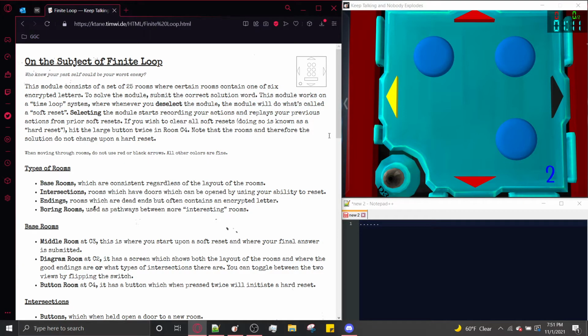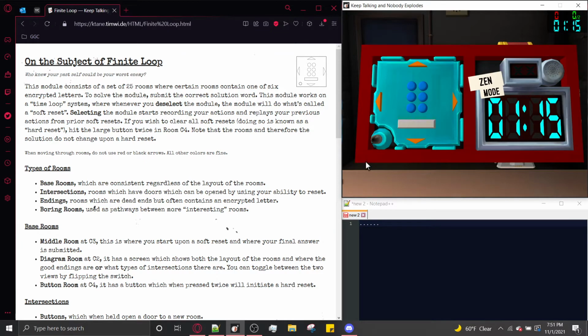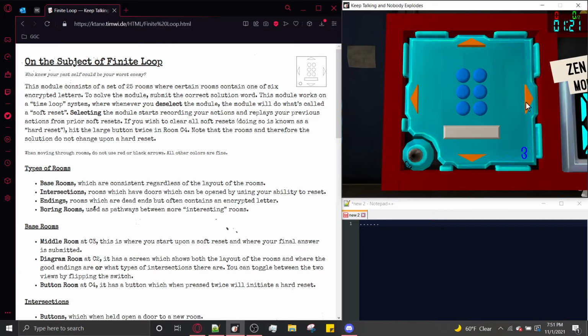Whenever you do anything on the module and then deselect it, it will store your actions, and it will redo the actions that you did on the module whenever you click it again. So you're seeing the button being held again, but I'm not doing it. That's because I did it two loops ago. So what we need to do is take advantage of this loop feature and use it to find 5 specific